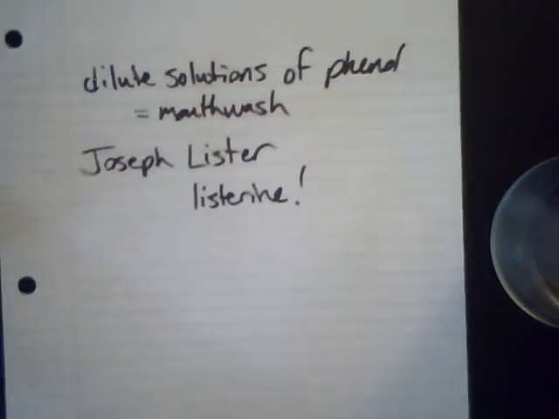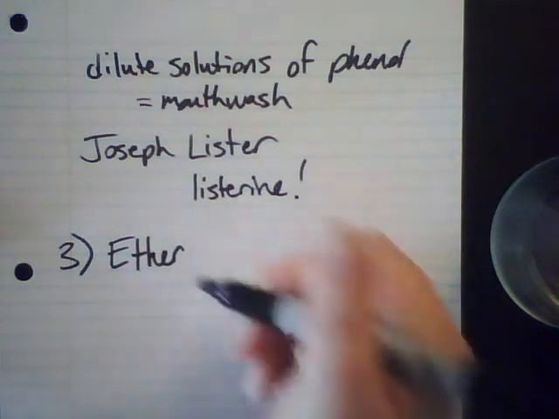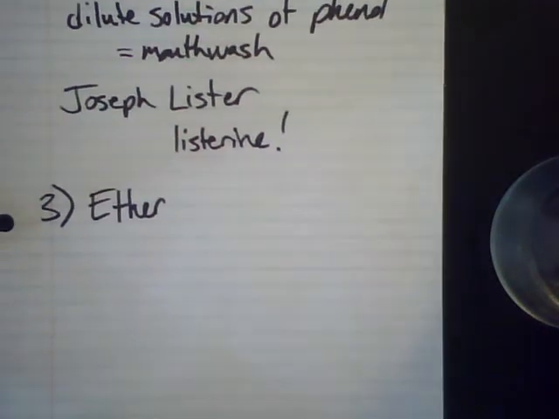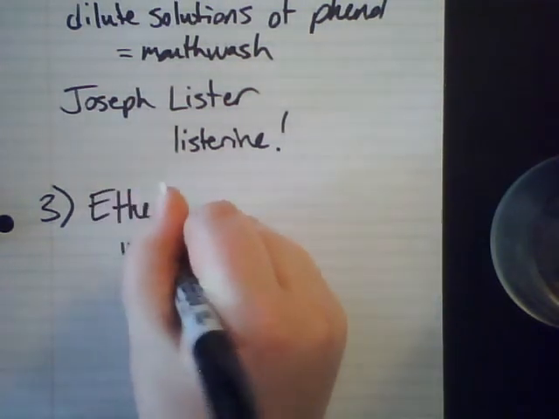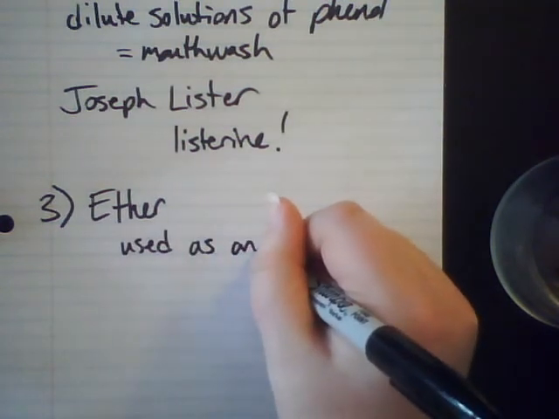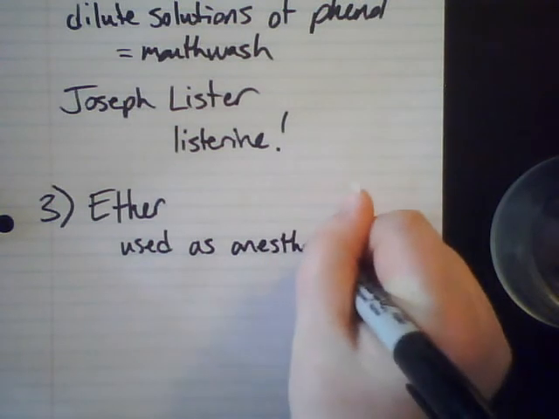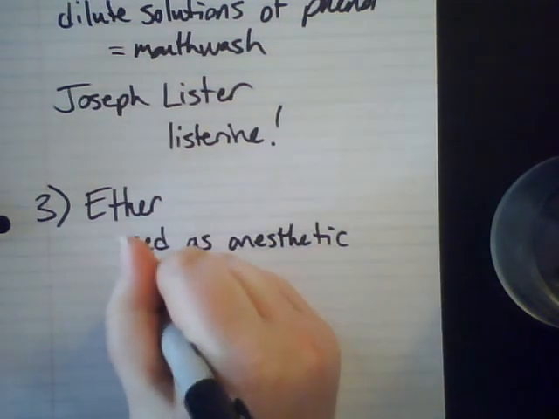Okay, so there's 3 more that I want to talk about. The first are ethers. And ether is also related to surgeries and medicine because ether was originally used as an anesthetic. So anesthetics in surgery are used to knock you out. They used to use things like chloroform, which they found actually killed more people than not, so they were trying to find something else. And ether is very volatile,